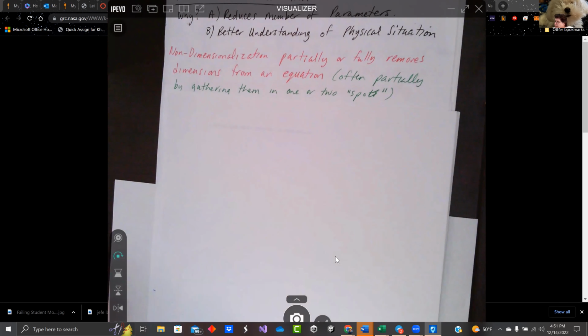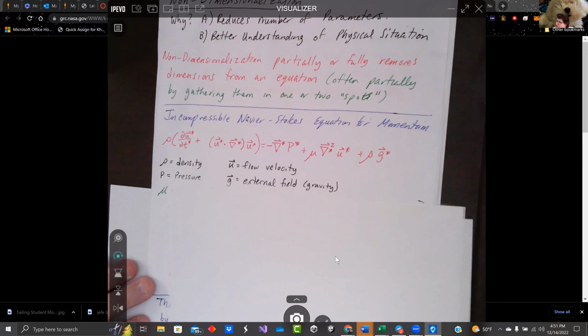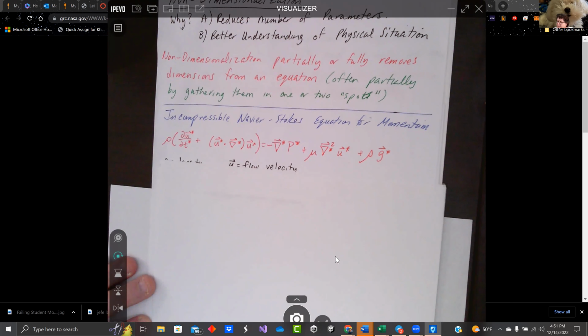So let's take a look at what's going on. It might give us a better understanding of physical situations when we do it. The incompressible Navier-Stokes equation for momentum is rho times the time derivative of velocity plus the velocity dotted with the gradient, multiplied by the velocity again. That's just the left-hand side. The right-hand side is the negative gradient of the pressure, plus mu times the Laplacian of the velocity vector again,